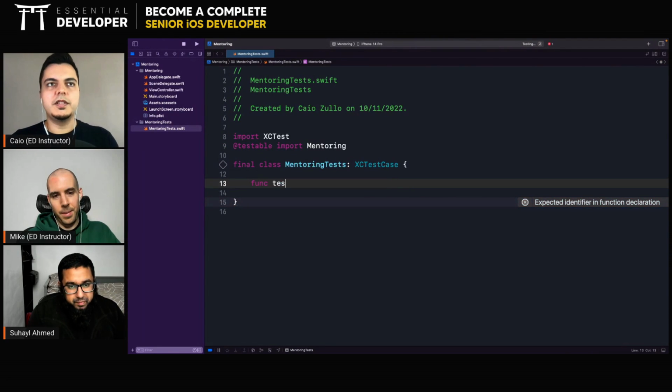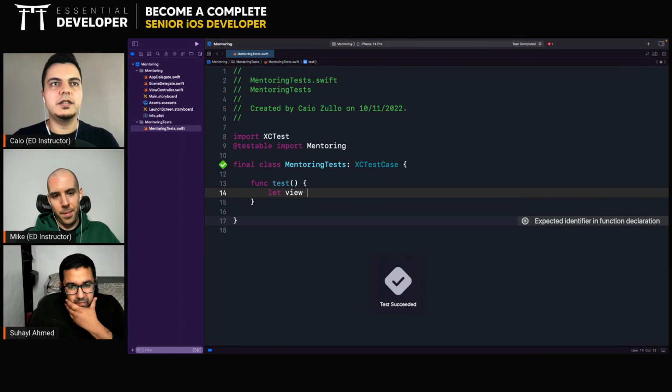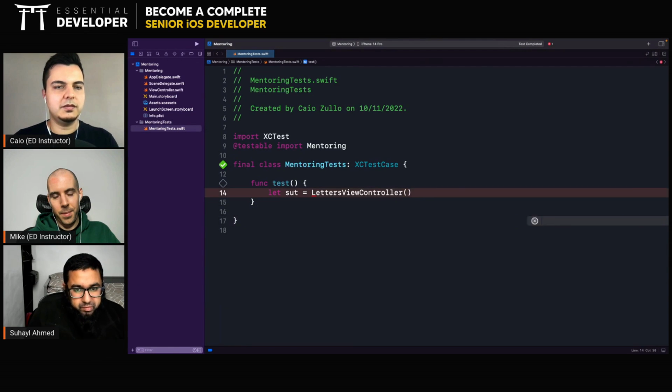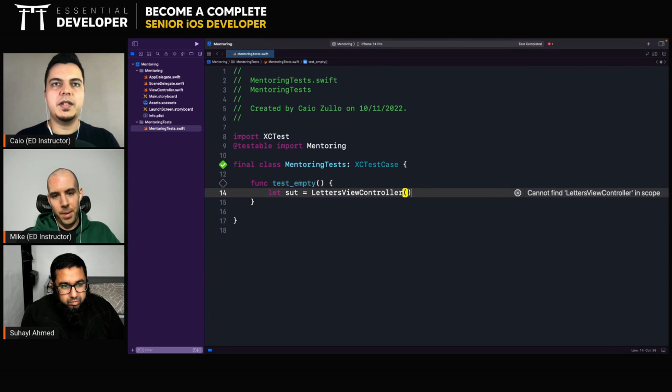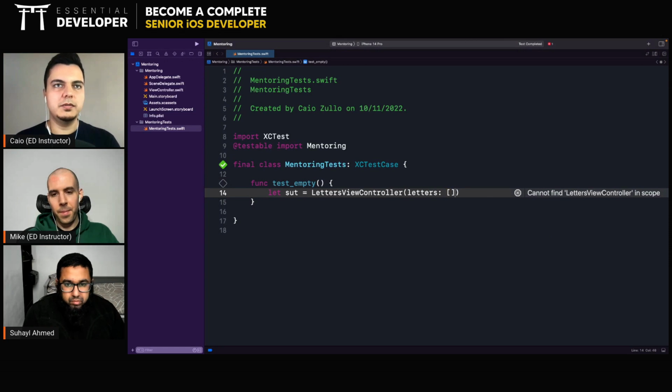So our first test, let's say we have a system under test, which is a letters view controller, for example, right? So test empty. And we can pass here letters, for example.